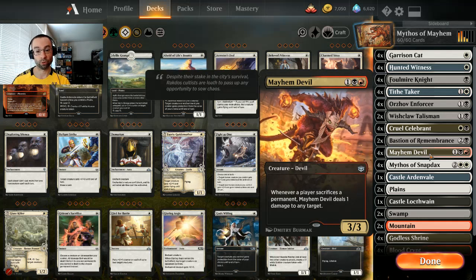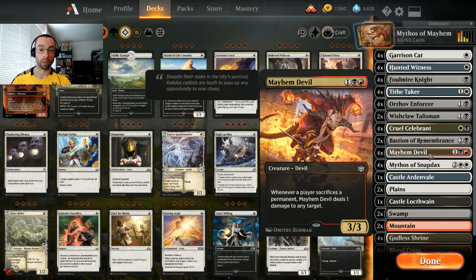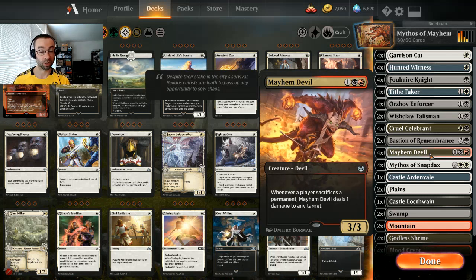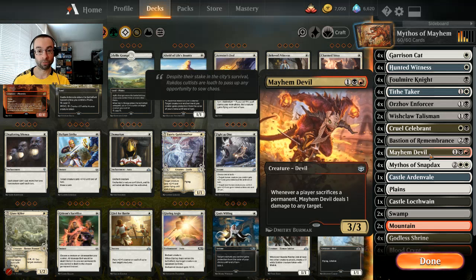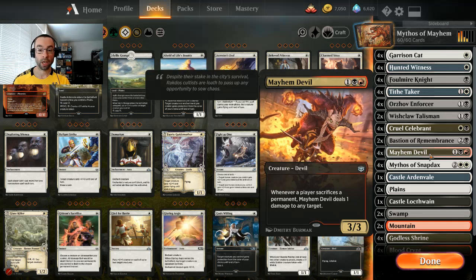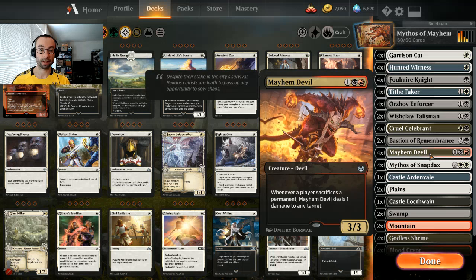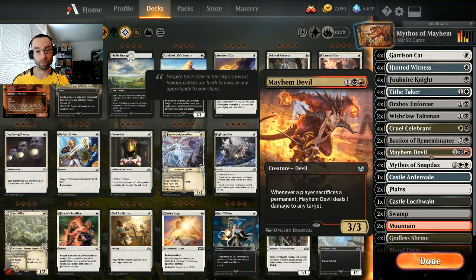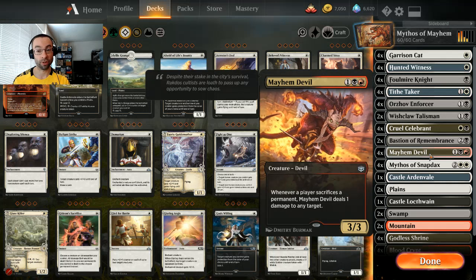And of course, if the Mayhem Devil triggers aren't enough, we want to have a bunch of creatures out, get into a board stall situation where our opponent doesn't have good attacks, and we have multiple Mayhem Devils out to get as many triggers as possible. Then we cast the Mythos of Snapdax, and we get a million sacrifice triggers off of that, and we use the Mayhem Devil to ping down our opponent